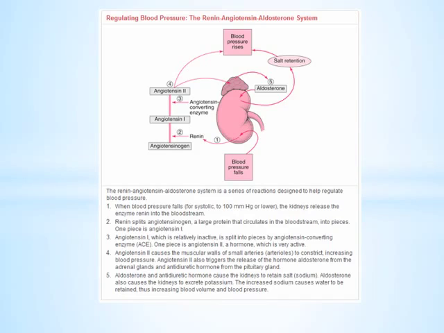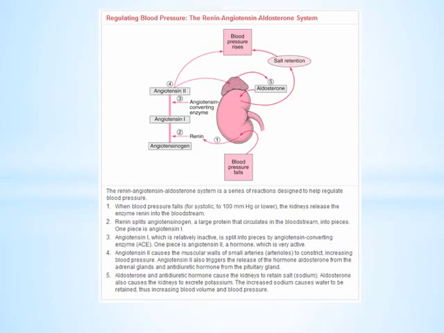But angiotensin 1 is still relatively inactive, and it's split into parts by what's called angiotensin converting enzyme, which is actually released from the lungs. Angiotensin 2 also causes the walls of small arteries to constrict, increasing blood pressure. And it also triggers the release of a hormone aldosterone from the adrenal glands and antidiuretic hormone from the pituitary gland. So this is quite a complex